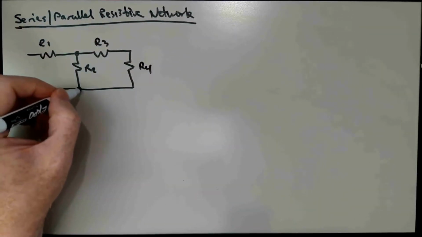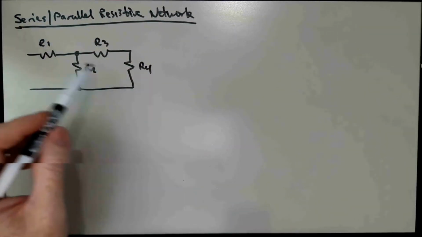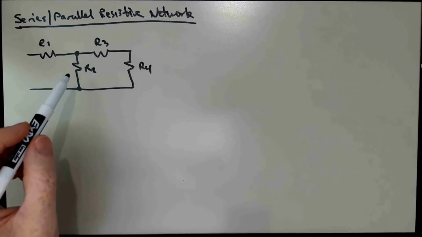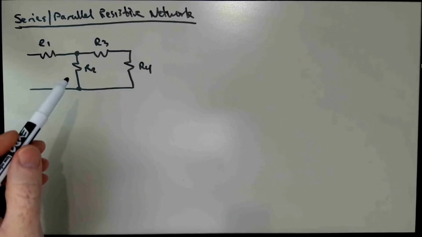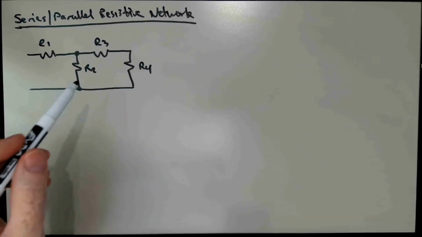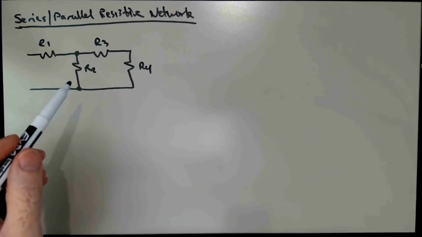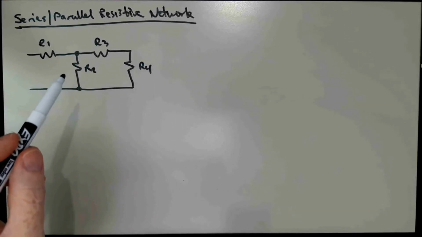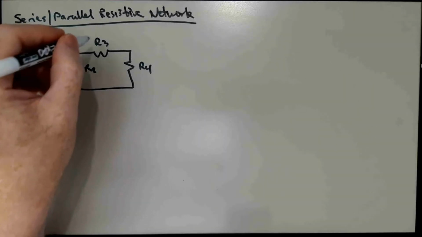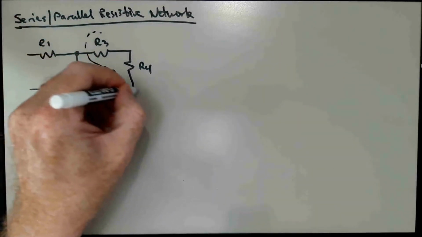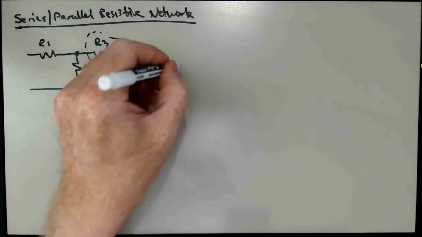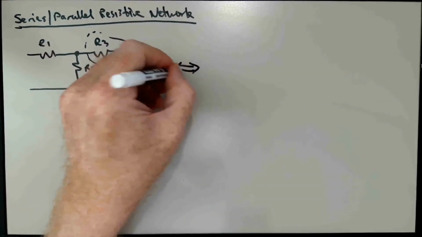The basic idea is that if we can take a network like this and through a succession of series or parallel equivalent circuit transformations we can collapse it into a single equivalent resistance, then it's a series parallel network. And so, for instance, we can recognize that R3 and R4 are connected in series. We can draw a box around those, and we could say that this is equivalent to